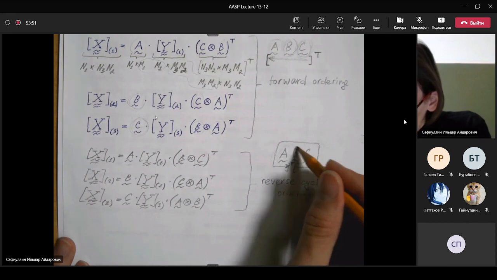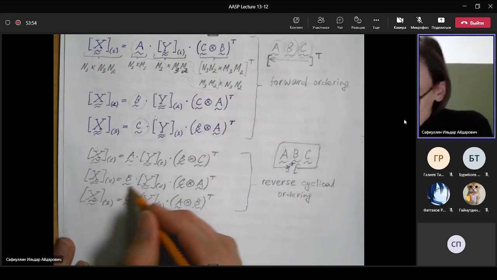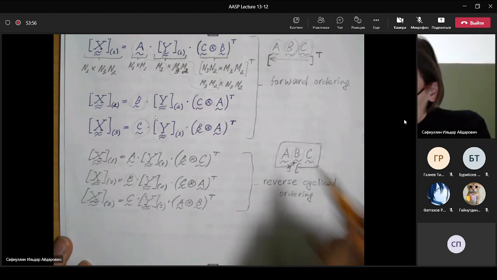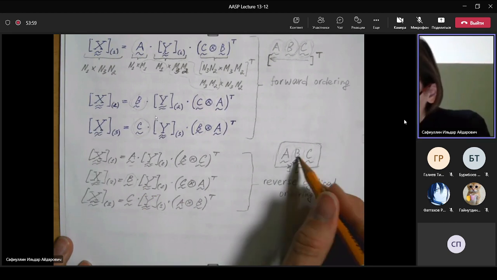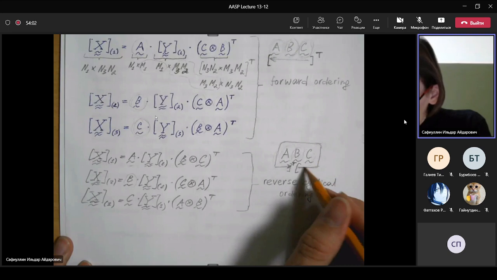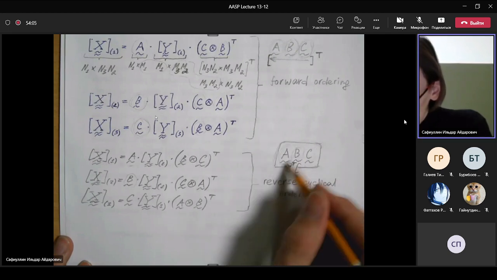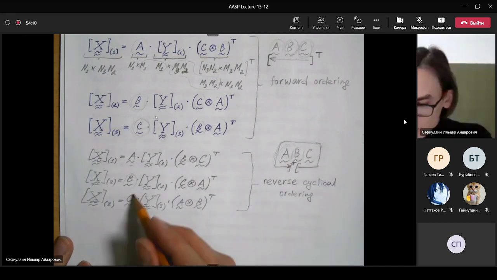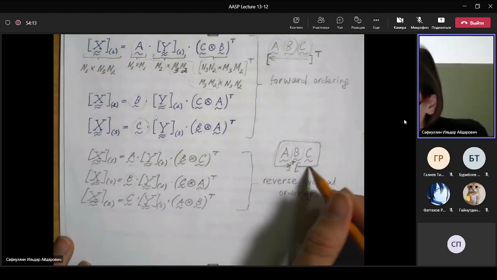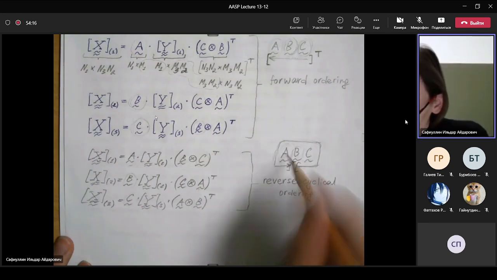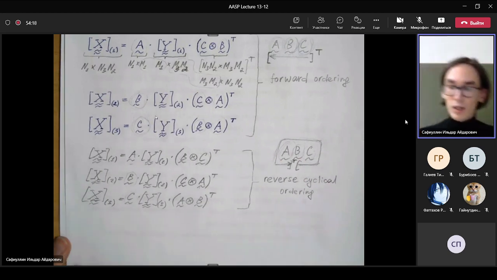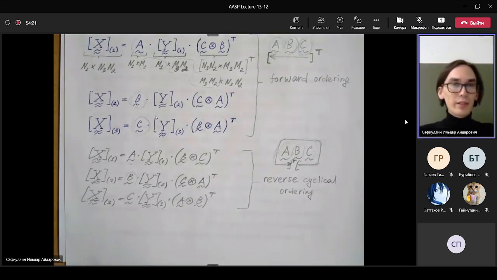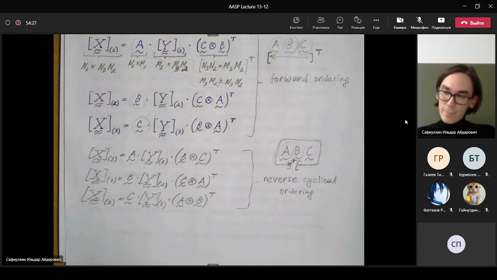Okay, then let's go to the second mode unfolding. So we write matrix B here, and then we go in this way. So first we write matrix C because it is after B, and we need to go back and we write matrix A. So C and A. And the last one, we start with matrix C here. So then we need to go back to the first value, it is A, and then matrix B. And I think the main idea here to see,